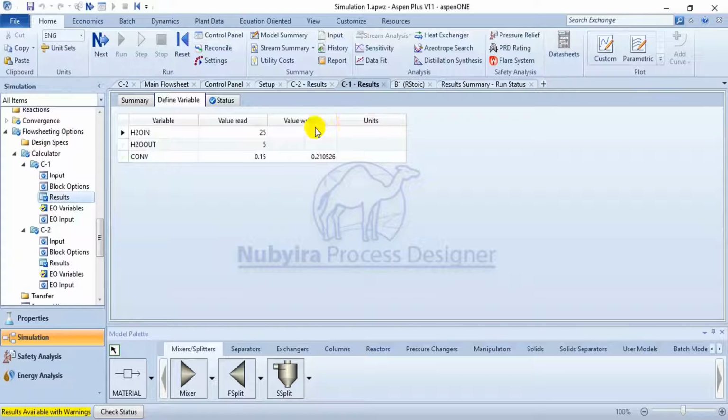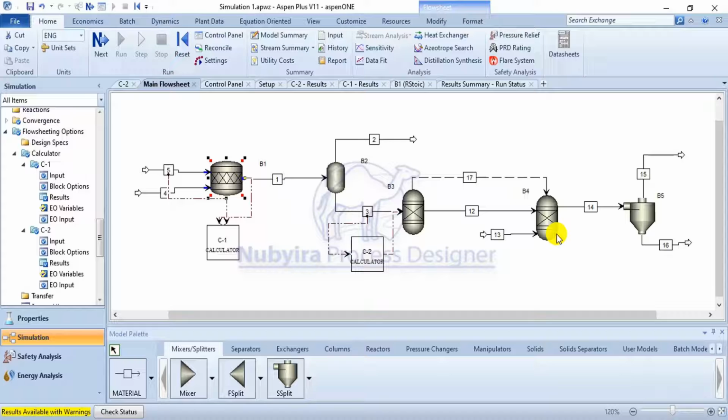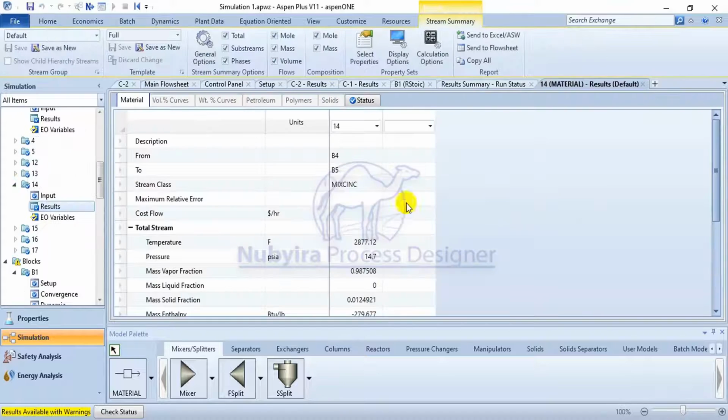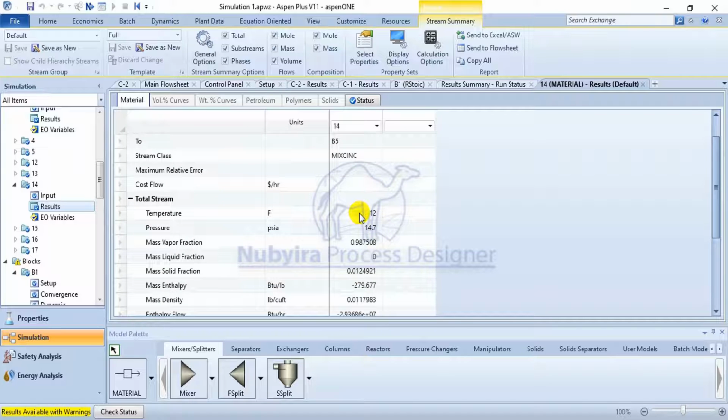So from this you can check different kinds of things that occur in the whole process. You understand, the temperature that is coming out of the reaction is going to be changing. So you don't need to be worried about changing the reaction rate again, you don't need to be worried about changing the conversion again. Yes, and the calculator will take care of that. So that's what we use calculator to do in Aspen Plus. So you can see the temperature here is